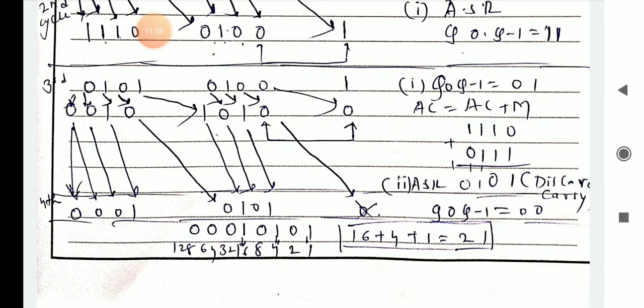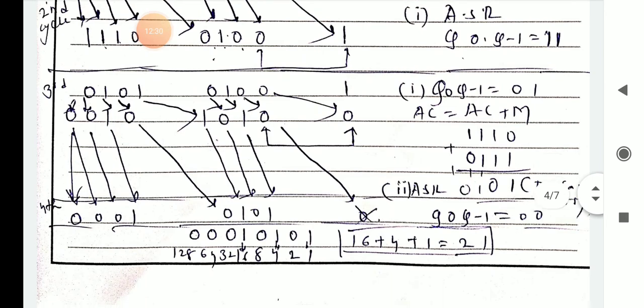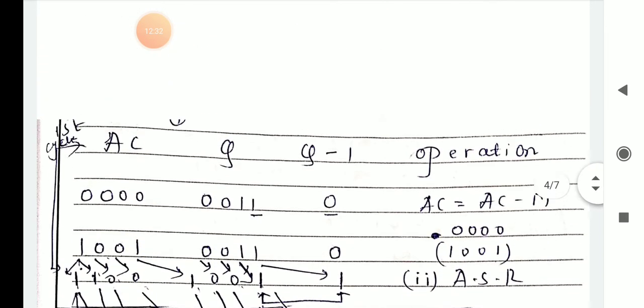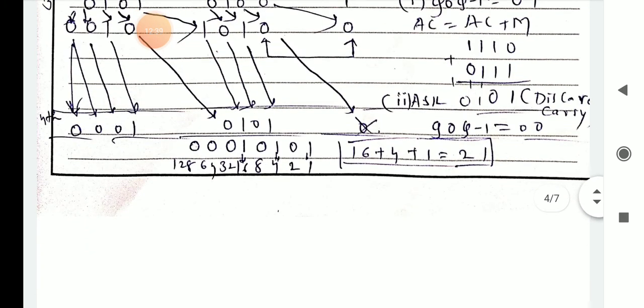So this is the result of what? 0 0 0 1 0. Only the fourth cycle you have to perform, because the n bit size should be what? Four. You have to stop here. 0 0 0, you have to combine this, AC and Q, 0 0 0 1 0 1 0 1. So you have to perform the 8 4 2 1 pattern again. Whenever 1 is there you add, whenever 0 is there you do not add. Okay, so 16 plus 4 plus 1 is equal to 21. So 7 times 3 is 21. So this process matches with what? This is your Booth's algorithm. So finally you are stopping here, what? Fourth cycle only. Okay, I hope you are understanding this problem.